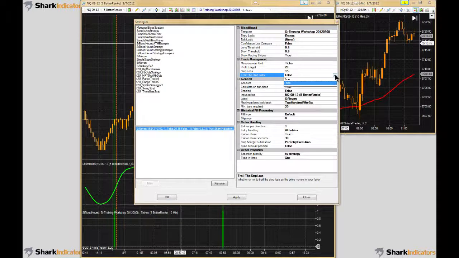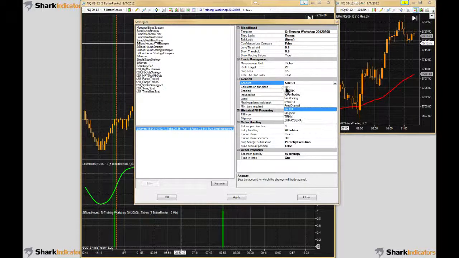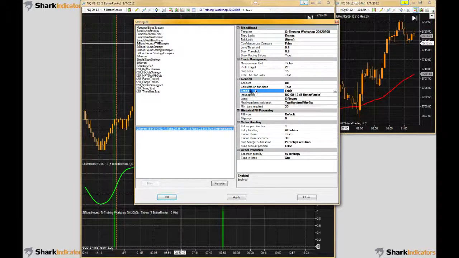And why don't I go ahead and use a trailing stop as well. And I'm going to use my Bloodhound sim account, and I'm going to use calculate on bar close. I'm going to keep that to true. We need to enable this,